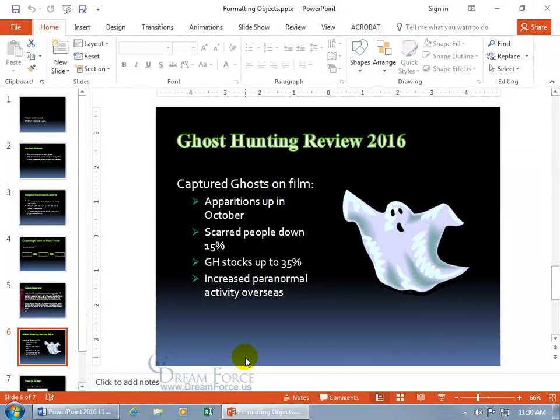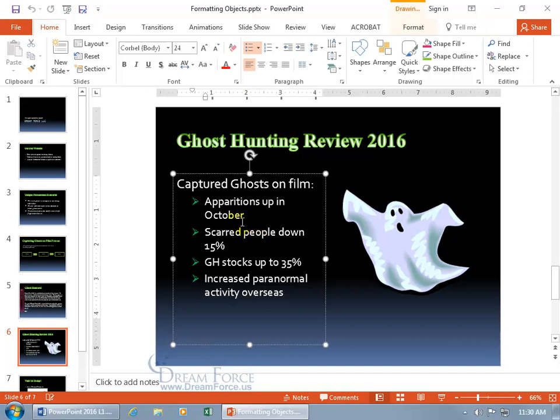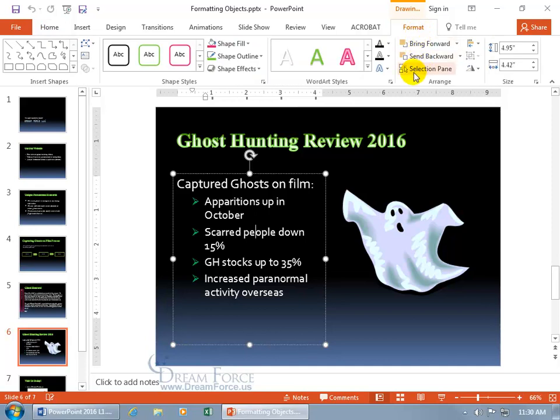When it comes to formatting your objects, shapes, pictures, and text boxes, I want to keep it really simple. Just go ahead and select your text box, click on the text, and you can see the box around it that contains the text therein. And then up here you get the related contextual Format tab that disappears if you click off the box. Go ahead and click on it and you can see all the different formatting options for your shape and